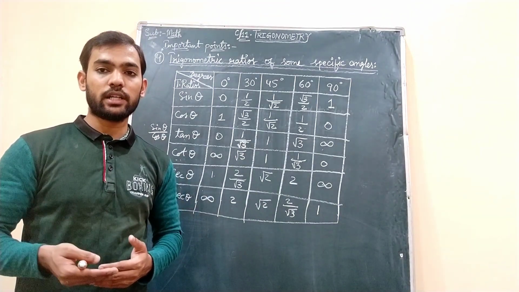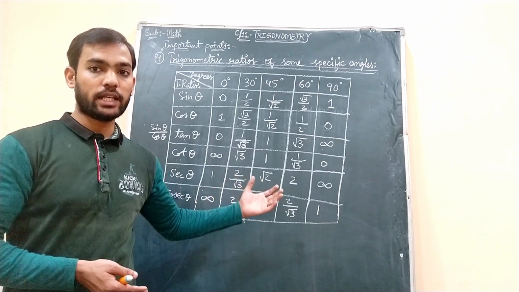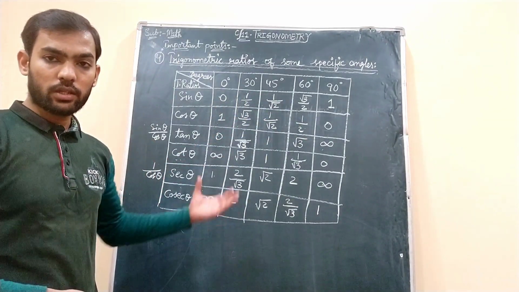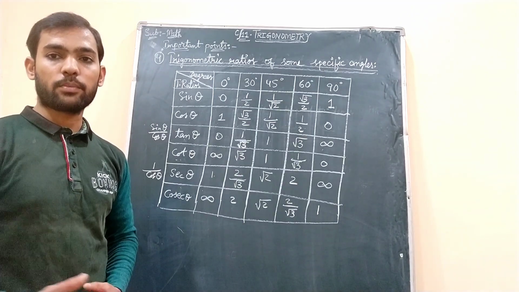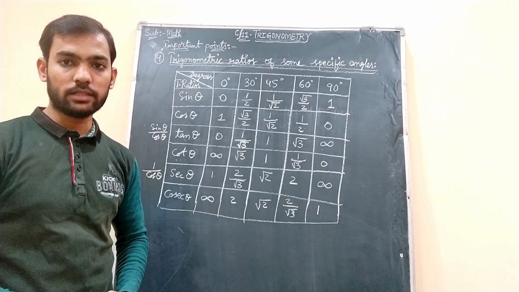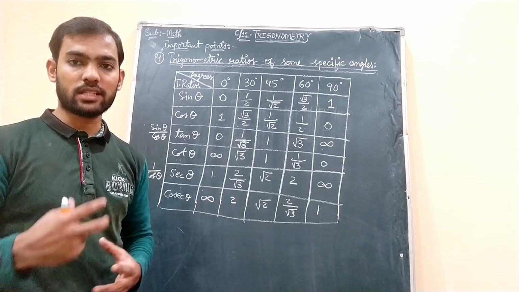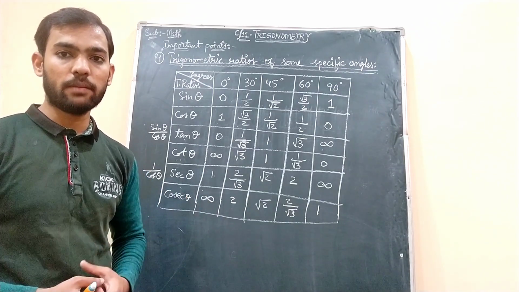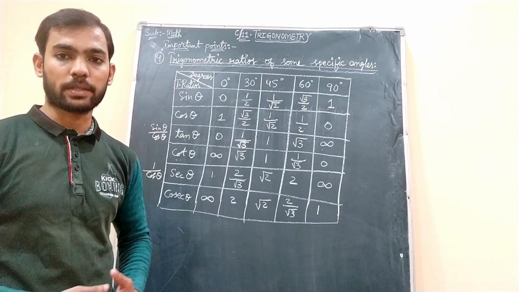So with this we have learned two sets of formulae. One is trigonometric ratios with respect to the ratio of sides of a right angle triangle, and here we have seen the trigonometric ratios for some specific angles. Okay students, you just note down this one. Hopefully in our next class we will see the problems of exercise 11.1, which involves these formulae. Okay, till then you can learn all these formulae. Just practice this, write without seeing once or twice both the sets of formulae, so that you can become perfect, because more sets of formulas are there that we will be learning in our upcoming videos.